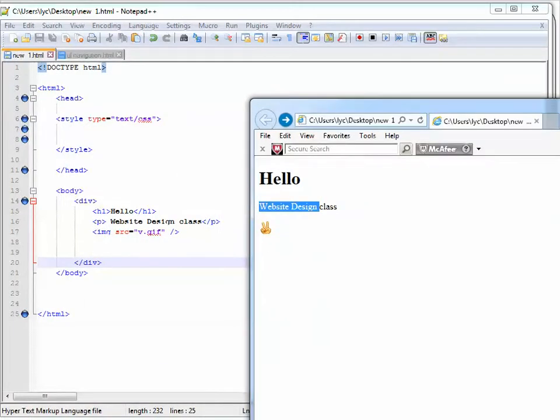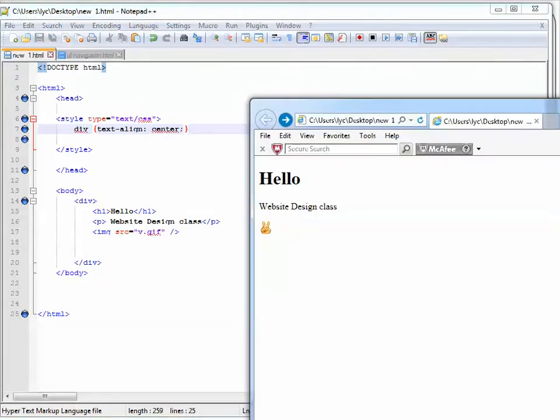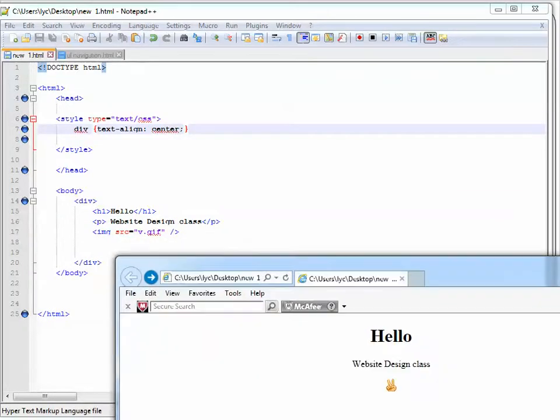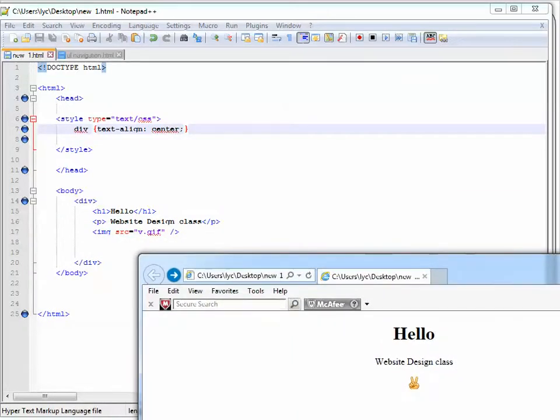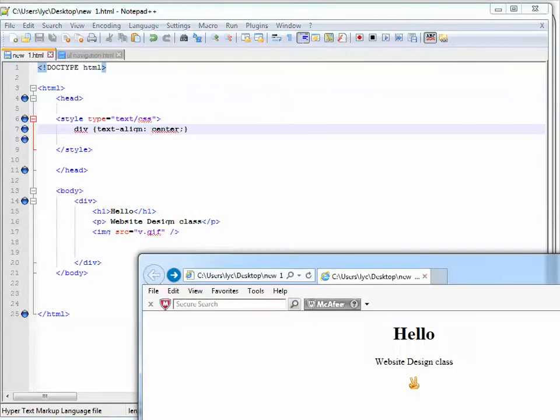So if we want to put everything in the center, we just control the division, div, text align, and refresh. You can see everything is in the center. So you can see the benefits. If we don't use division, we need to do it 3 times. But if we include everything inside the division and apply text align center to the division, then everything will